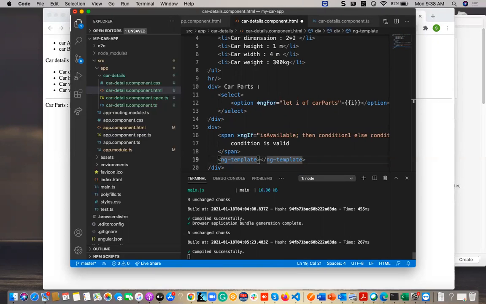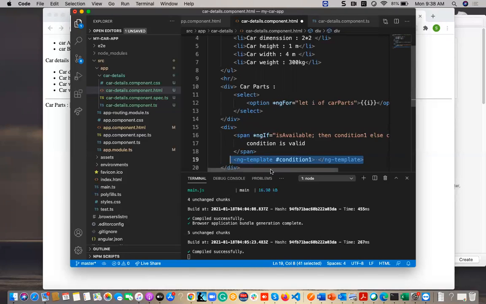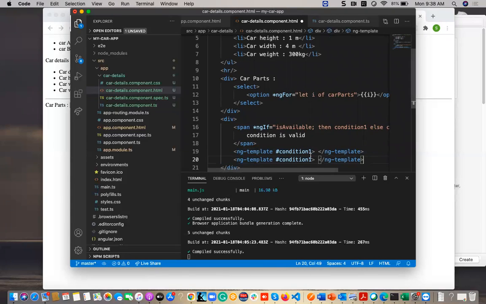ng-template is one of the directives of Angular, which will display some sort of HTML elements. ng-template consists of some pieces of HTML elements, so it can be a condition, or it can be some set of statements. So here in this ng-template, I am going to give first hash condition 1, and the same template I am giving for condition 2.